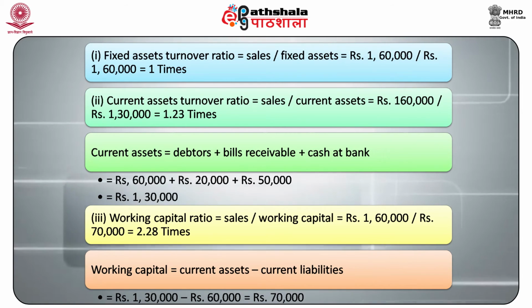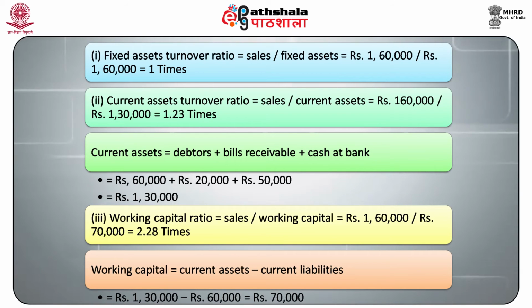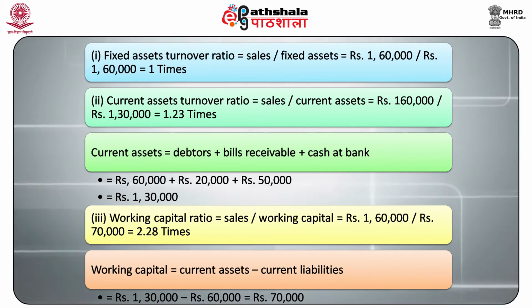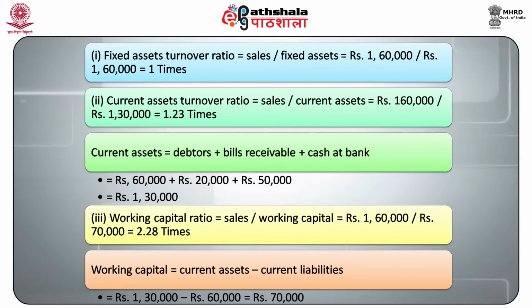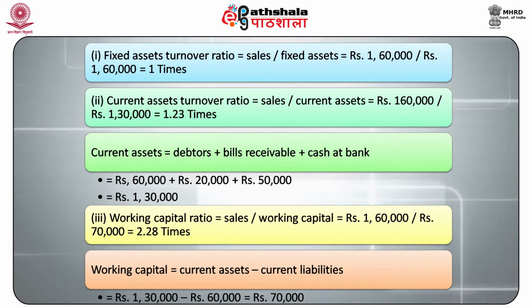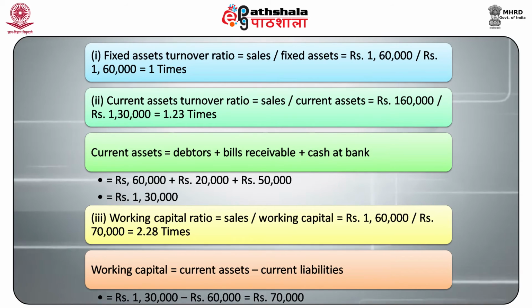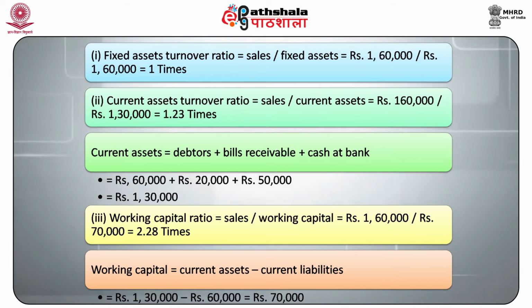Current assets equal debtors plus bills receivable plus cash at bank, which is rupees 60,000 plus rupees 20,000 plus rupees 50,000, which is 1,30,000. The working capital ratio is given by sales divided by working capital, which is rupees 1,60,000 divided by rupees 70,000, which is 2.28 times. The working capital is given by current assets minus current liabilities, which is rupees 1,30,000 minus rupees 60,000, equal